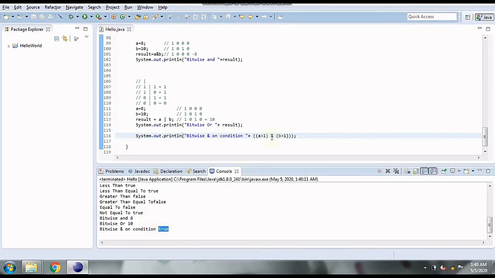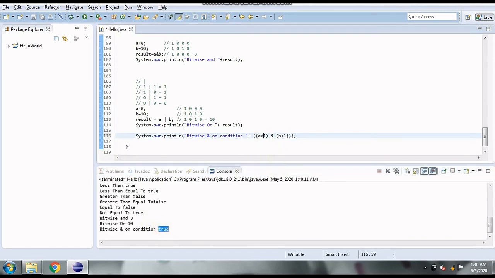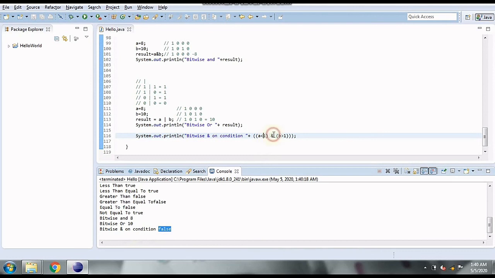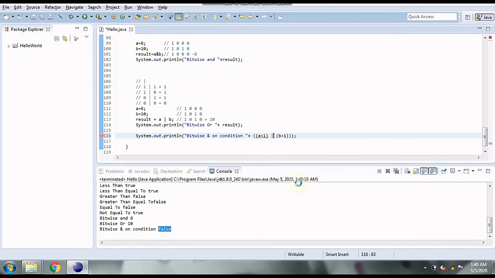If I make the first one false, that is A less than 1, which is false, it is going to be false. Similarly for OR, even if one condition is true, the output is going to be true. So in this way, bitwise operators work on conditions, and on numbers they work differently. In bitwise, both the conditions are checked and then the output is evaluated.